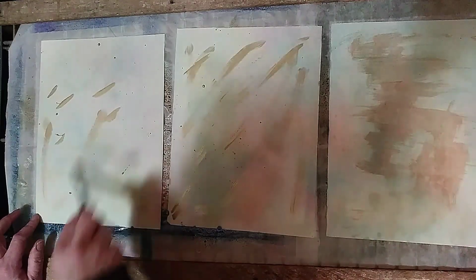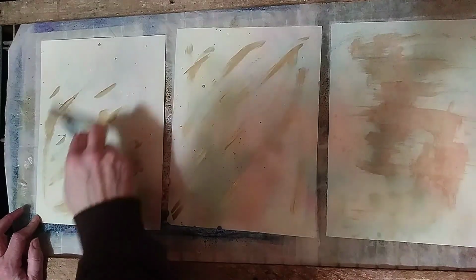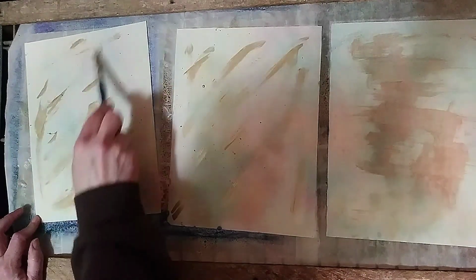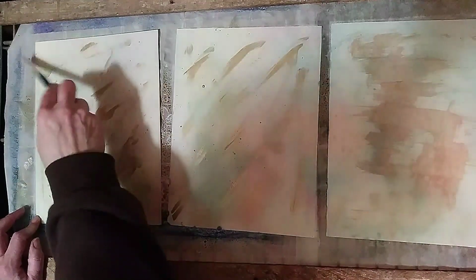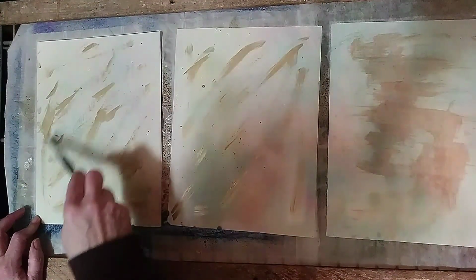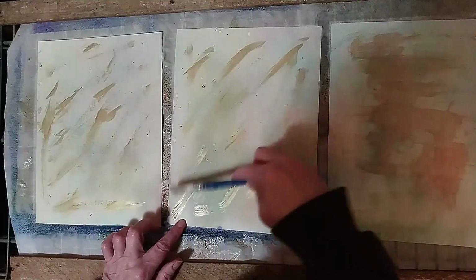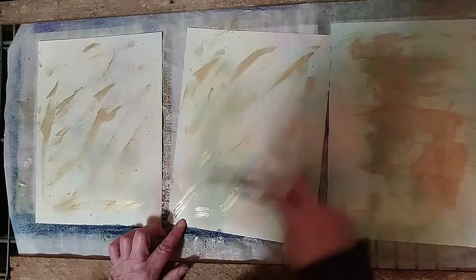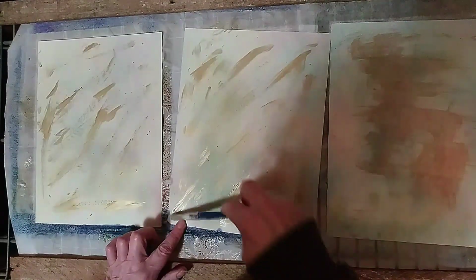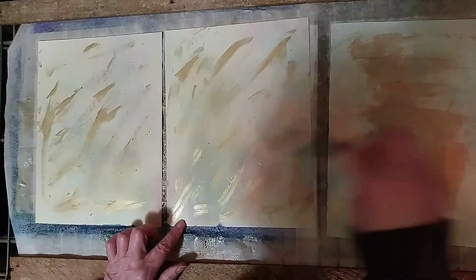And I just want the gold to be able to shine through on the different things, the layers that I'm going to put on these pages. I want the color to be there, but I want the gold to shine through too, so that it gets a little bit more interest. And then I'm probably going to go over this with some gesso,